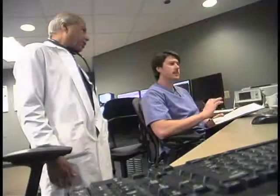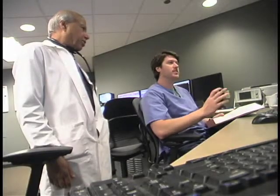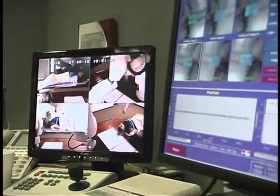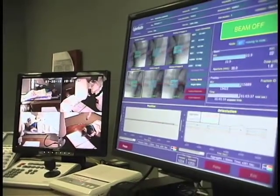External radiation alone oftentimes cannot eradicate the tumor. The reason is you have to give so much radiation to the tumor that the surrounding structures like the jawbone and the spinal cord in the back may get over-radiated. So as a result, you combine the external radiation to a limited dose which is tolerated well by the tissues and less to the surrounding tissues, and then you boost that either with brachytherapy, which is putting the radioactive sources